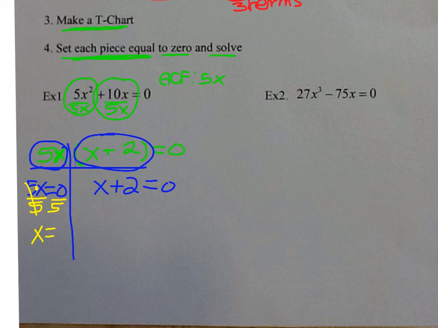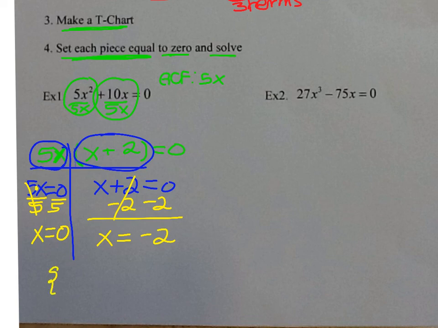X equals 0 divided by 5 is 0. 0 divided by any number is always 0. On the right side, we're going to minus 2 because we're solving for x. X equals negative 2. All right, so my solutions are